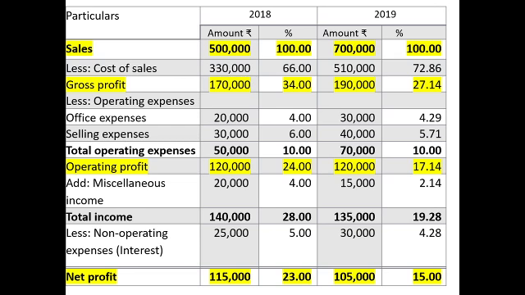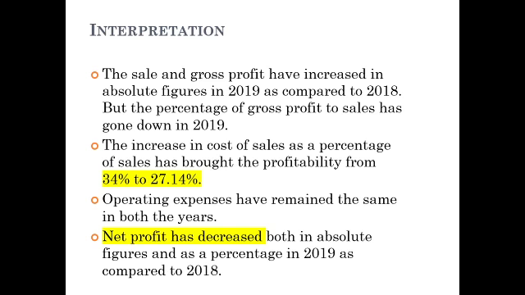So here not only working the problem, not only finding the percentage, but very important, you need to give some interpretation. So why there is an increase in percentage, why there is a decrease in percentage? So you need to identify the reason behind that. Then only you can make the company's financial position better. So that is the core concept of the analysis.